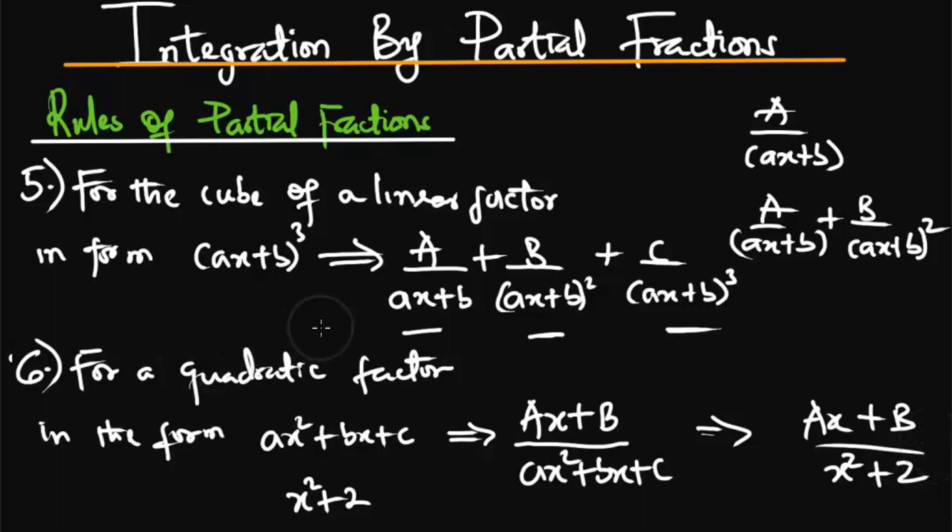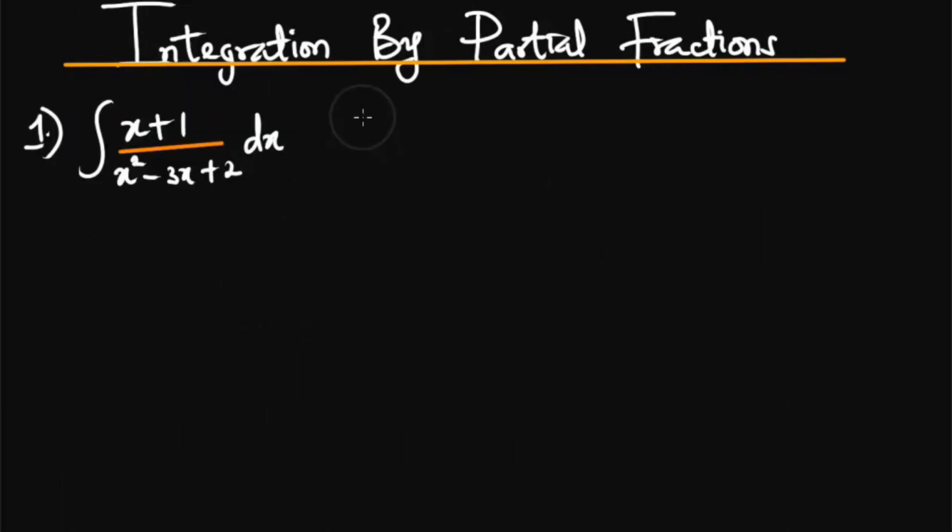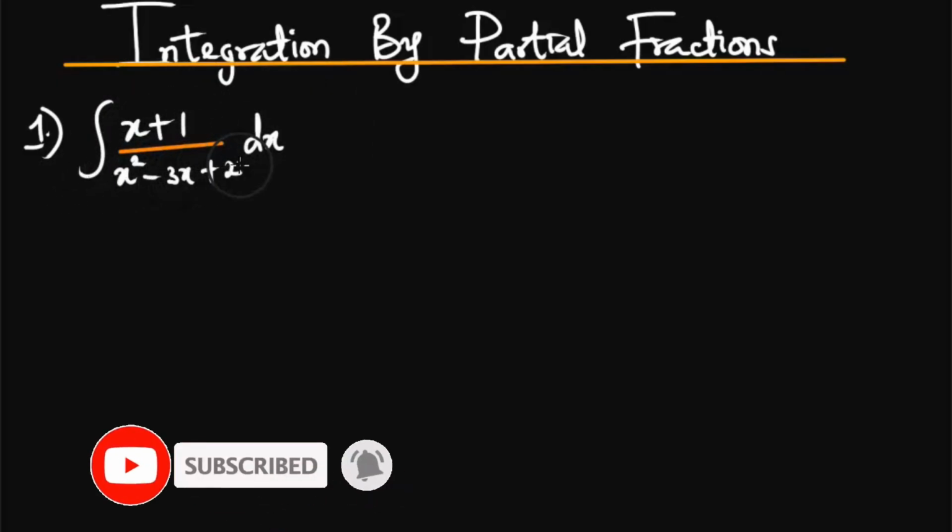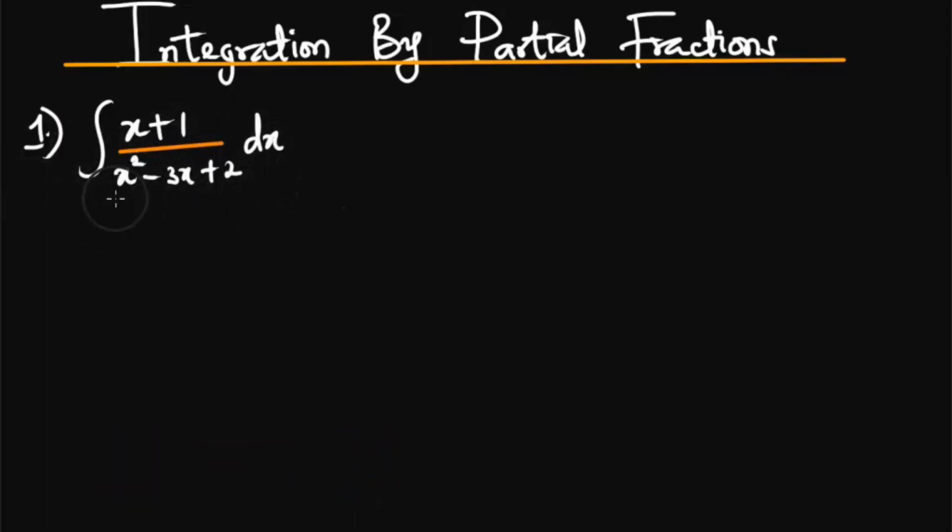Now quickly, let's get into solving problems. Alright, we're going to break down these problems step by step. Our very first question is to find the integral of x plus 1 divided by x squared minus 3x plus 2 dx. We have a factorizable denominator, so we're going to factorize this and get the factors. So this is the same as the integral of x plus 1 divided by